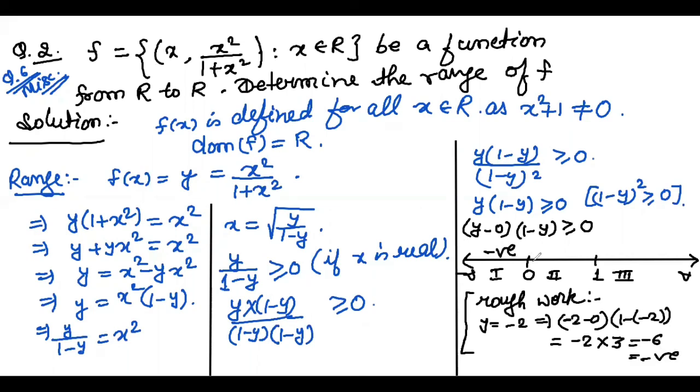And I have told that when we are getting an odd number of times any value, after that we have to apply the alternate sign, means 0 we are getting once, so we are applying here positive. Then 1 also we are getting once, so here we will apply negative sign. So signs we are getting. So where this total term is positive, in this interval, this is the range value.